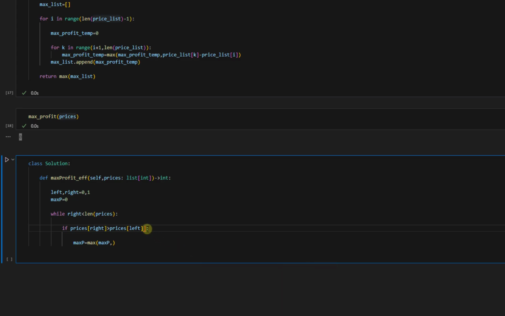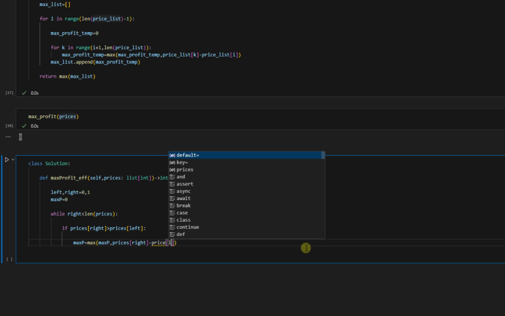So if the prices corresponding to the right pointer is greater than the prices corresponding to the left pointer, go and calculate the maximum between maximum profit and prices of right pointer minus prices